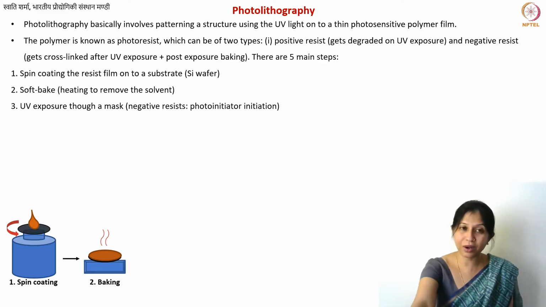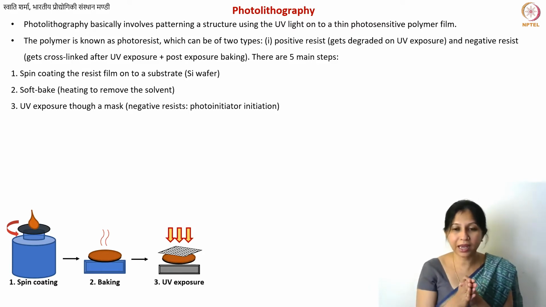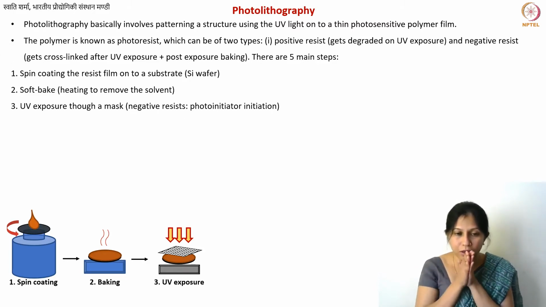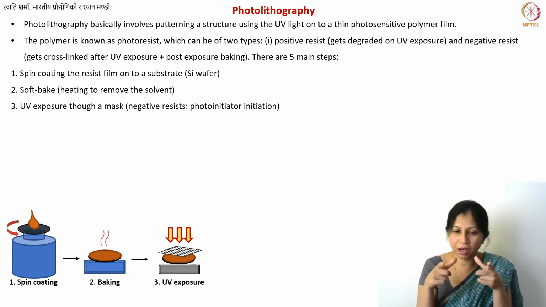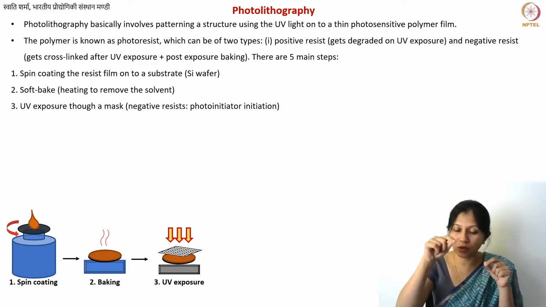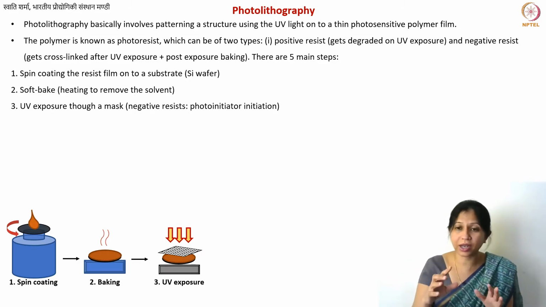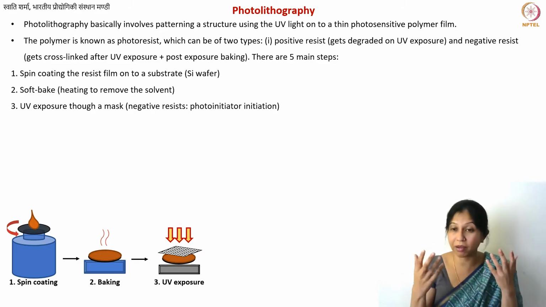So what I will do is make something known as a mask. A mask is typically glass or quartz, it should be UV transparent. So you will have a transparent structure or a film substrate. And on top of that, you will make some black structures, whatever you need, square patterns or whatever patterns you want. You can have circles, you can have any complicated patterns. I can make my own picture.